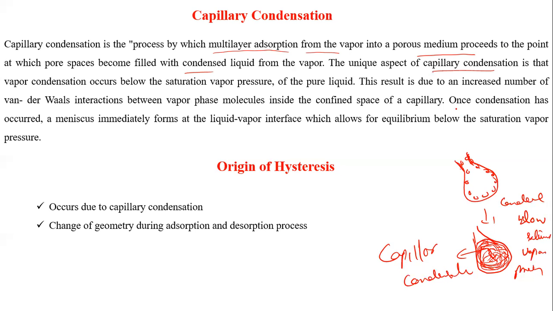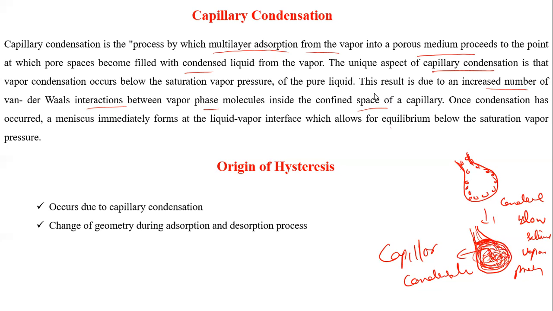कंडेंसेशन हो जाता है। This result is due to increased number of van der Waals interactions between the vapor phase molecules inside the confined space of the capillary। ये आपका कैपिलरी बन जाता है, और यहाँ पे गैसेस मॉलिक्यूल्स के बीच में ज्यादा इंटरेक्शन बढ़ने से आपके गैसेस मॉलिक्यूल्स रिलेटिव वेपर प्रेशर, सैचुरेशन वेपर प्रेशर से पहले ही कंडेंस हो जाते हैं, और आपका कैपिलरी एक्शन प्रोड्यूस होता है। Once condensation has occurred, a meniscus, ये जो meniscus बनता है, immediately forms at the liquid vapor interface which allows for equilibrium below the saturation vapor pressure। तो यहाँ पे liquid meniscus बनने से ये पूरा यहाँ पे वो saturation vapor pressure से पहले ही ये आपका कंडेंसेशन हो जाता है।